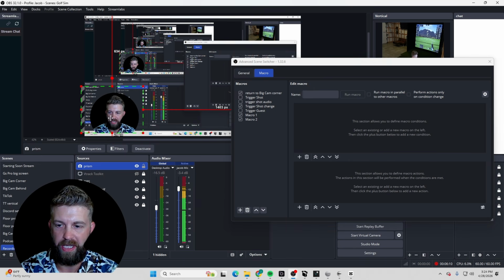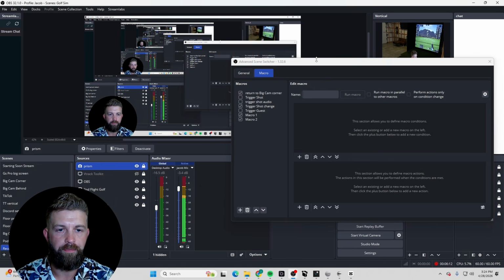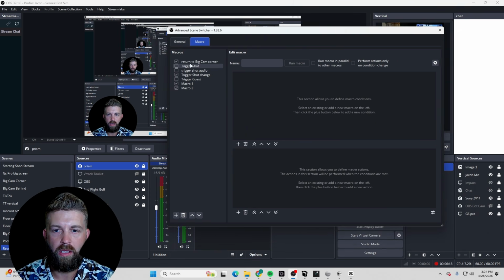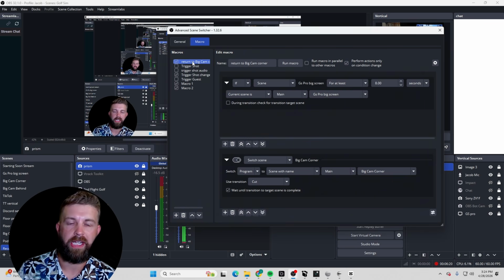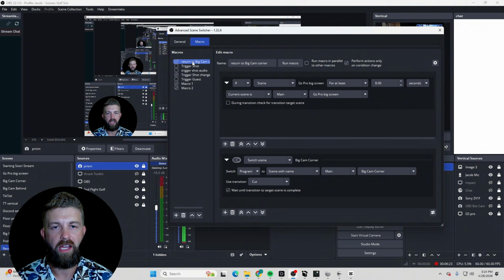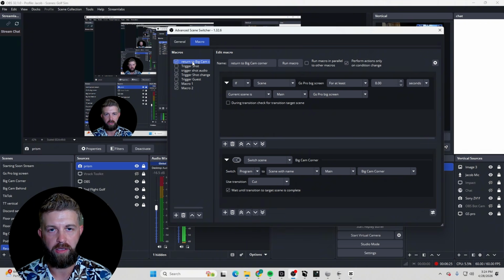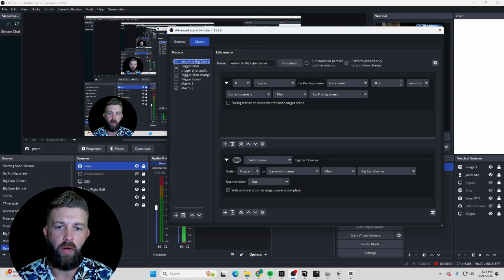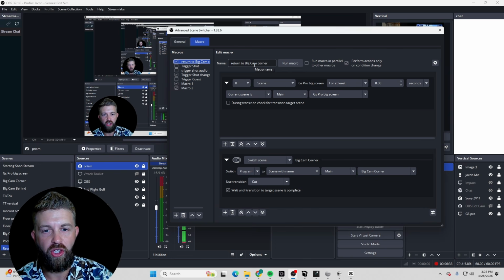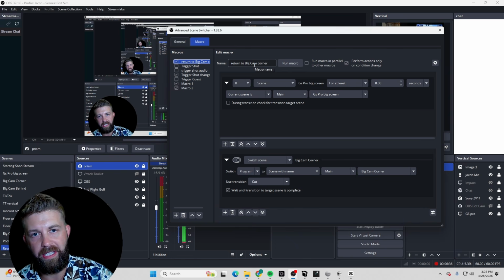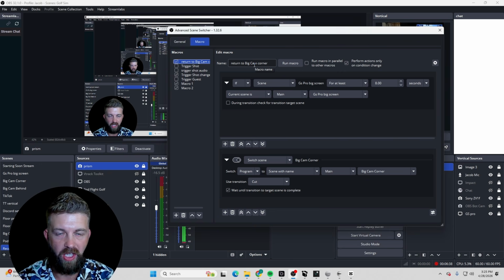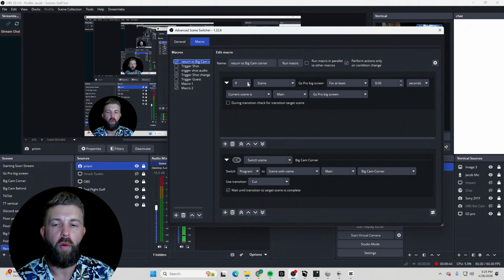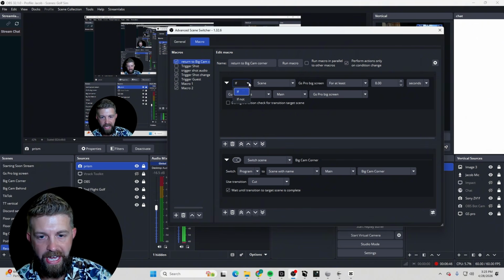Let me move myself back over here. All right. So the first thing we're going to do is create your current scene, the main camera that you want to be operating at all times. I have this named Return to Big Cam Corner. This is my main camera. You can name it whatever you'd like. So what I have done is I've run a macro that, if